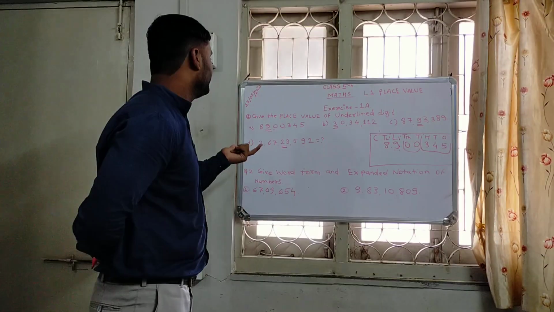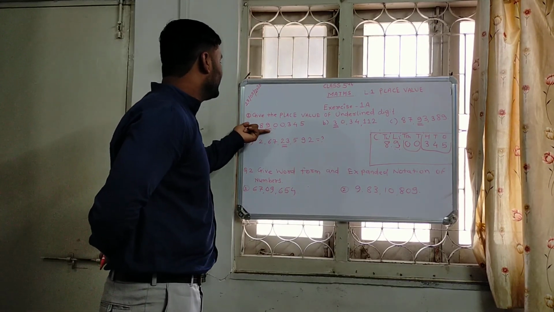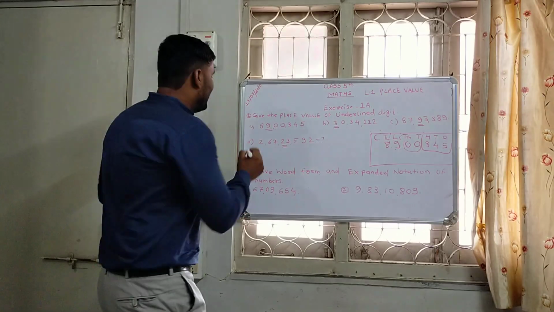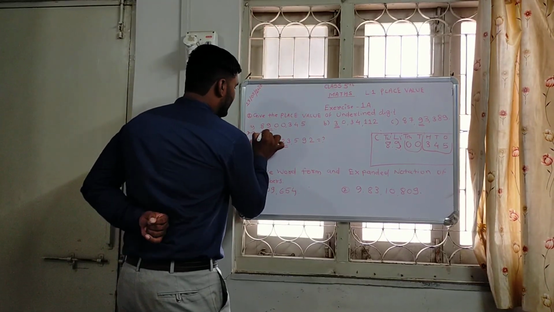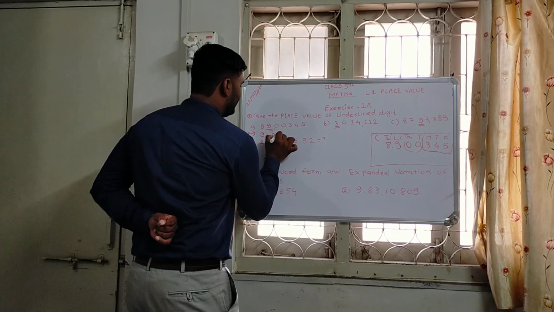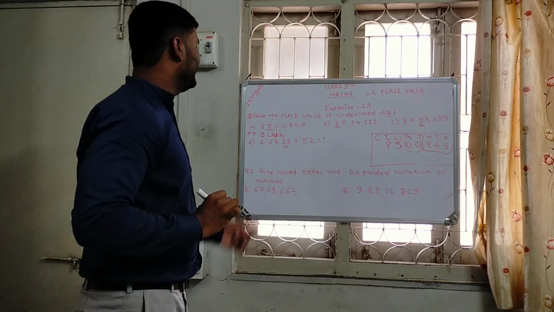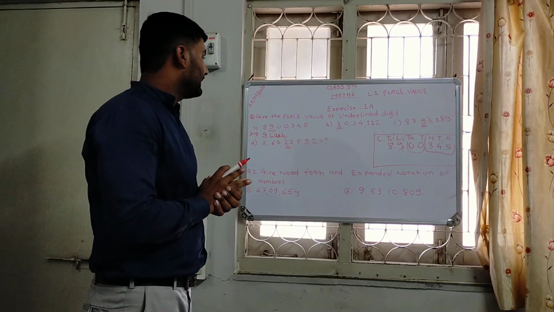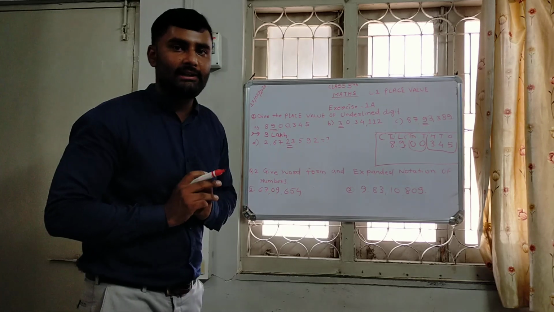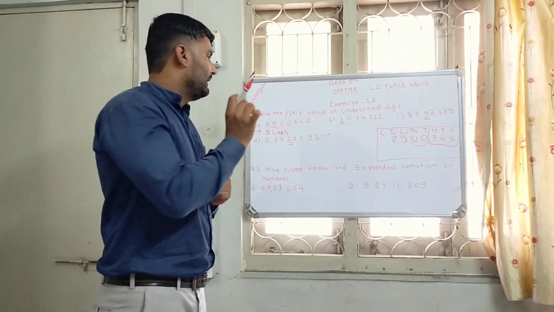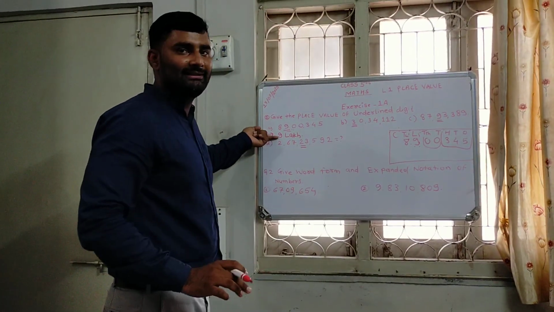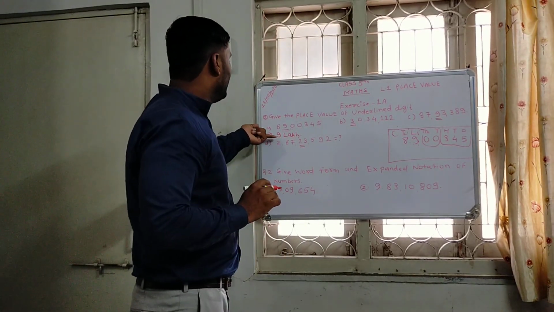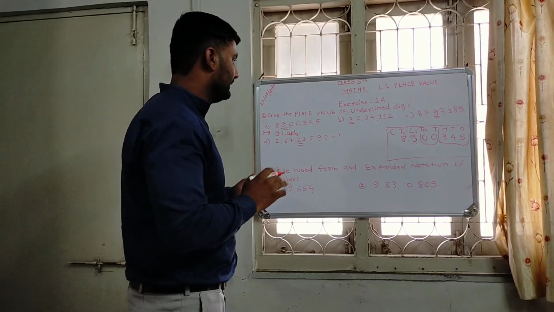That means I just put these numbers in the place value chart and I get my answer. So my answer is 9 lakh. What is the place value of 9? The place value of 9 is lakh. So what do I write here? I write here 9 lakh. My answer is 9 lakh. Yes, exactly. So just write down here 9 lakh and our answer is done.